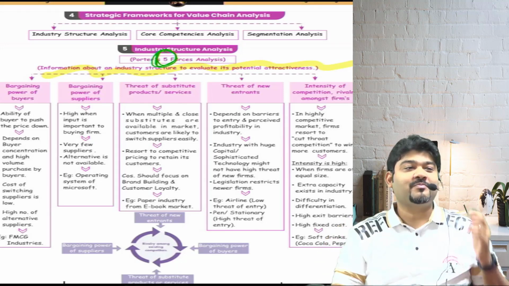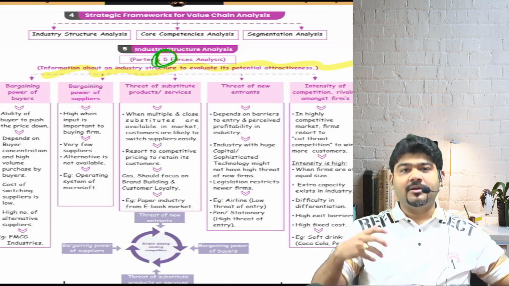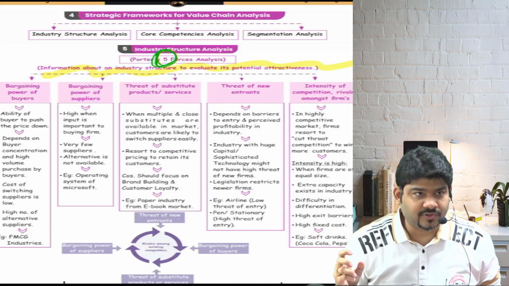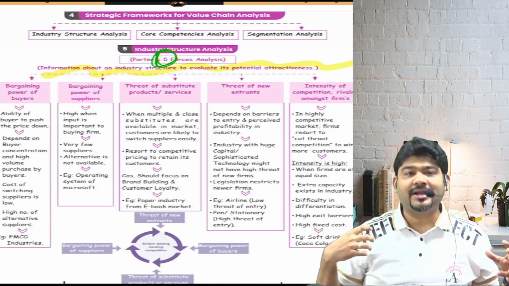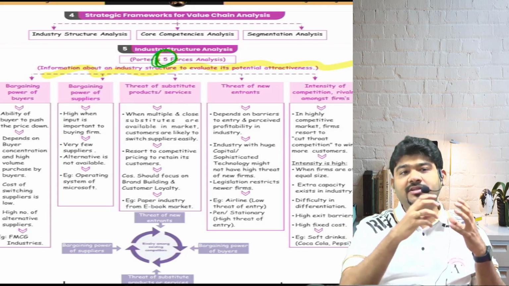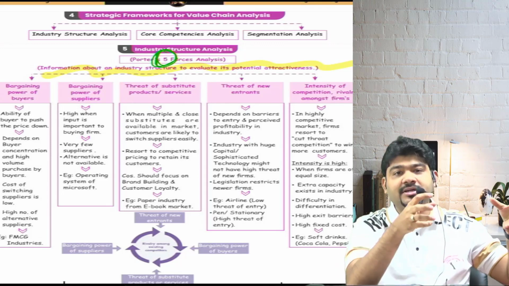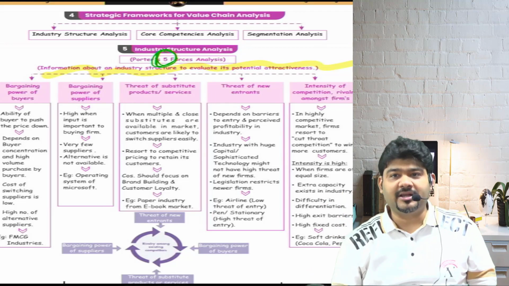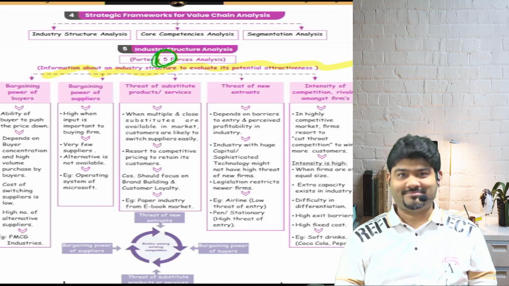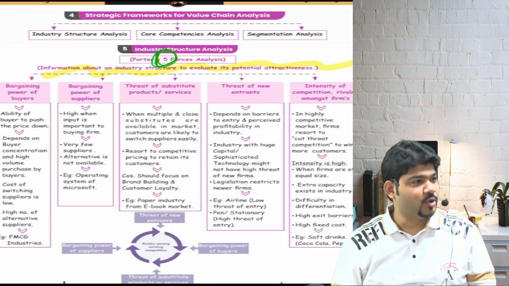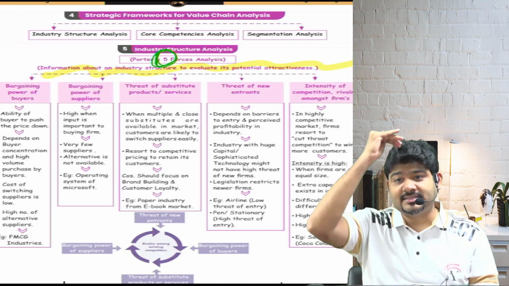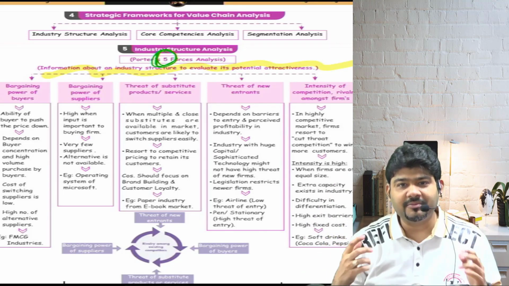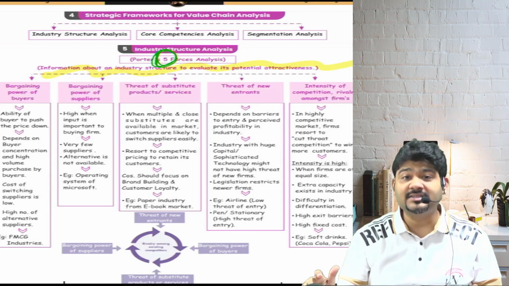Now, bargaining power of buyer. Say, for example, all of us are buyers for a particular product. Whether our bargaining power will be high or not depends on whether the product is in a monopoly market or a perfectly competitive market. In a monopoly market, is the bargaining power of buyer high or low? Think and tell. In a monopoly market, the bargaining power of buyer is low. In a perfectly competitive market, the bargaining power of buyer is high.